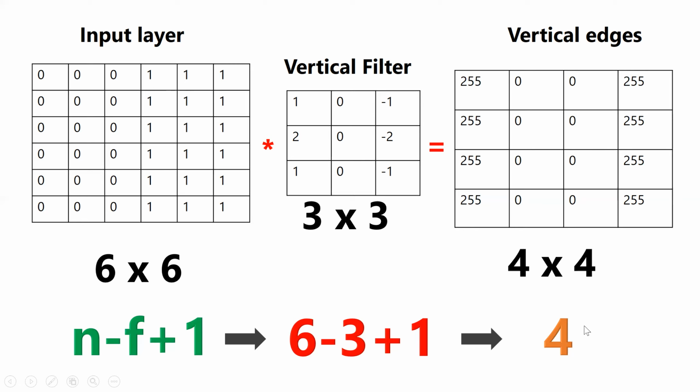Okay. So here we have one more thing, which is, in some scenarios, we can't compromise with the size of our input and the size of the output. Because if our input is 6 cross 6 or 8 cross 8 or 10 cross 10, whatever it may be, and in some business scenarios or in a real-time project, you need the same size as the input in the vertical edges of the output also, we will be introducing a concept known as padding.